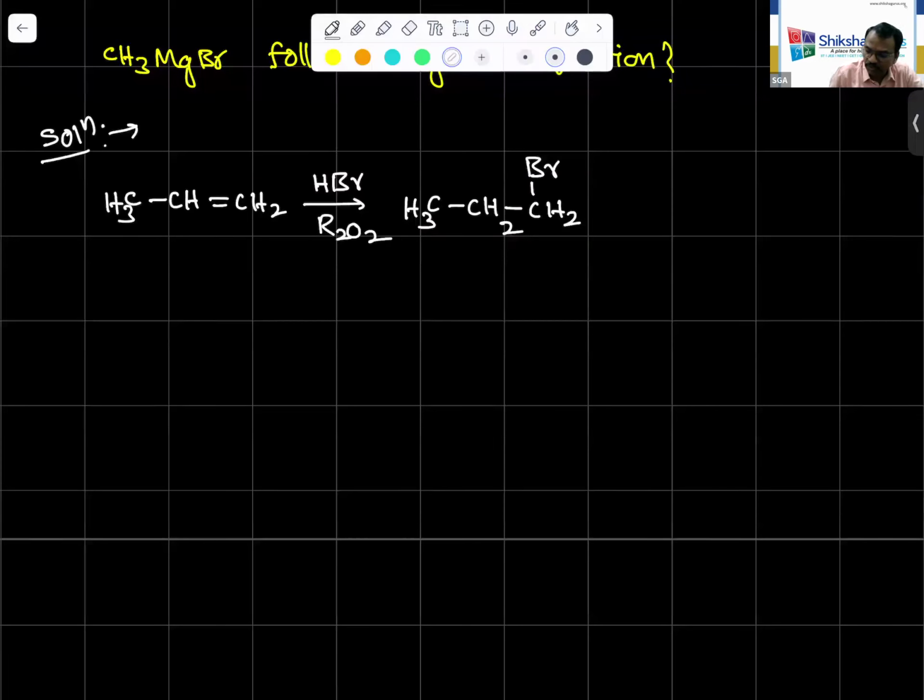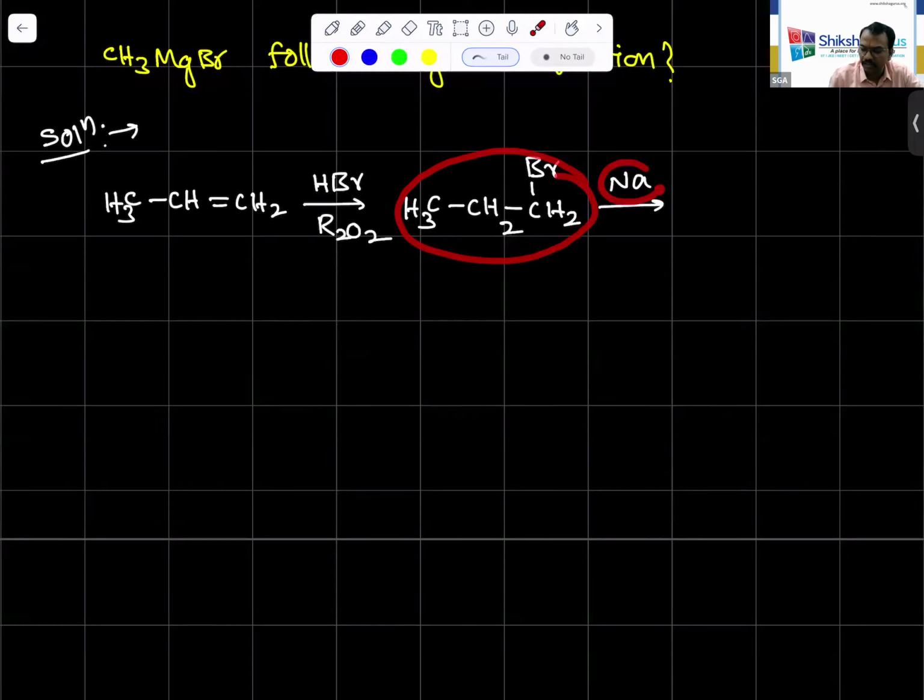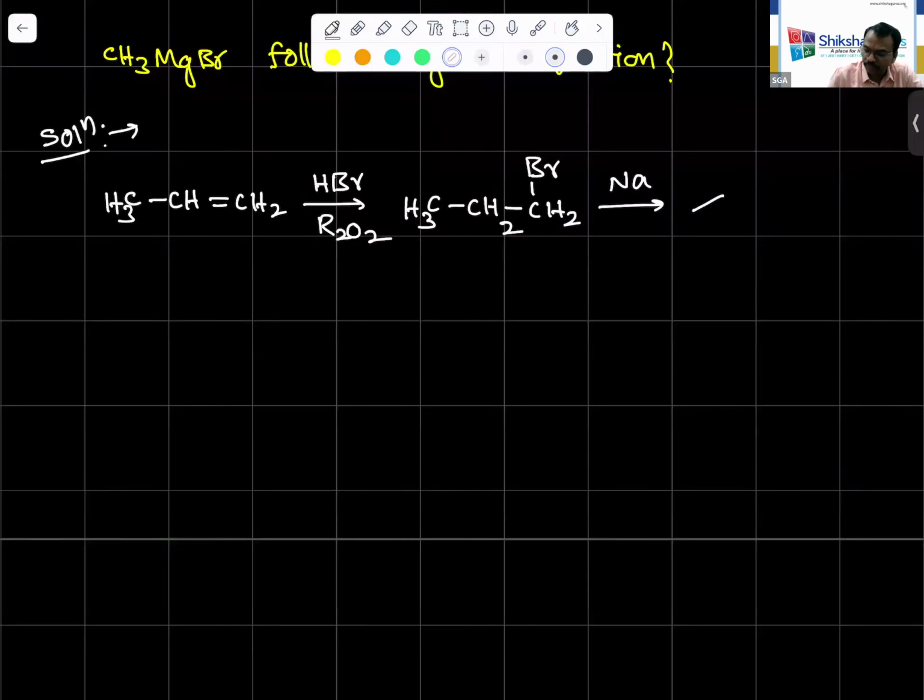After that, it is treated with sodium metal. Now, what is the reaction? It is alkyl halide reacting with sodium metal. The reaction is Wurtz reaction. What will happen? Two alkyl halides combine and convert into hexane. Here it is simply Wurtz reaction. Alkyl halide reacts with sodium metal and converts into a hydrocarbon with double the number of carbon atoms. It is Wurtz reaction. In the next step, it is treated with